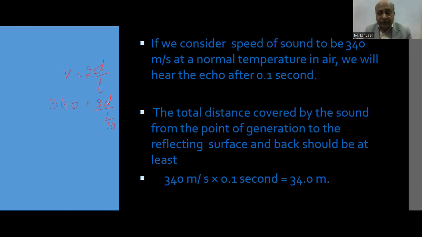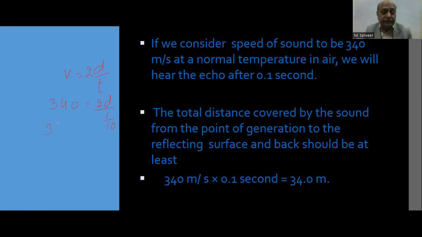Distance is 2D. Why have we taken the distance as 2D? Since the sound wave travels in the forward direction, and when it strikes the wall it bounces back, the sound waves have to travel double the distance. So instead of D, I have taken 2D. And the time for which sound persists in our brain is 1 by 10 seconds. Now we will calculate it.